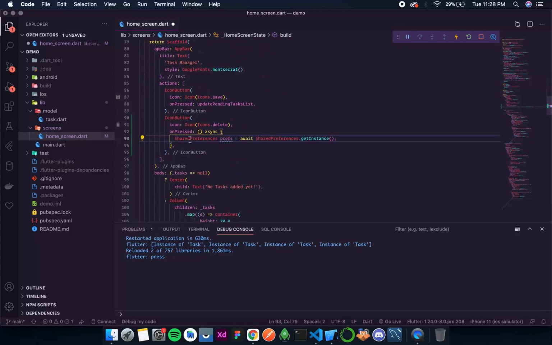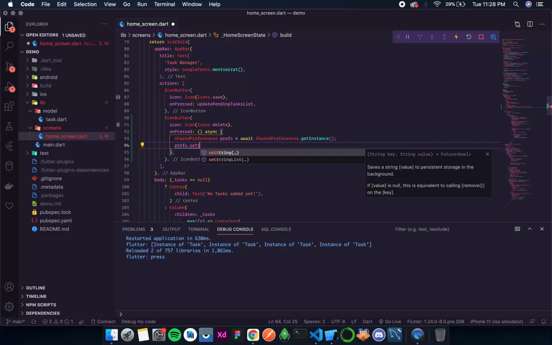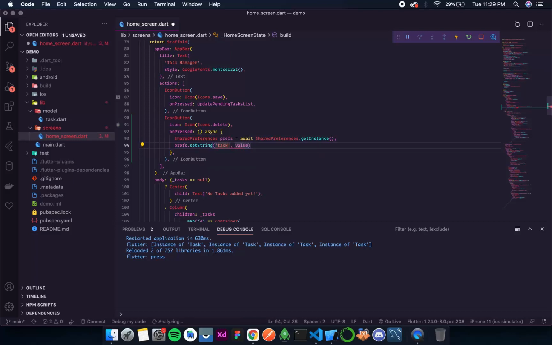In other words, create a preference, and then to this I want to set string, that is task, and the value is json dot encode and an empty list.